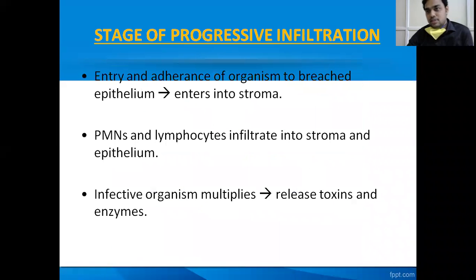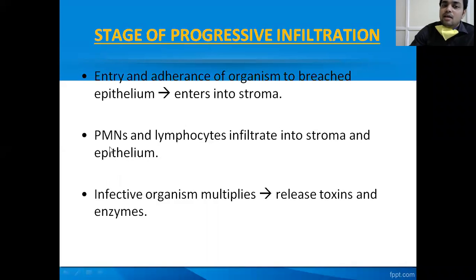So in the first stage, after damage to the corneal epithelium, the bacteria or fungi enter into the corneal layers. So after entry and adherence of organisms through the breached epithelium, the host defense mechanism activates. As there is a foreign particle, bacteria is a foreign particle. As it enters into the corneal layers, the host defense mechanism activates and releases